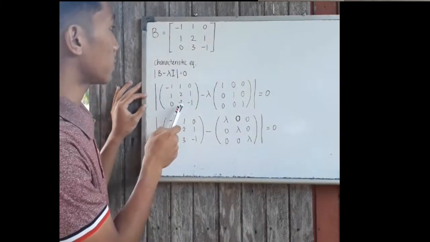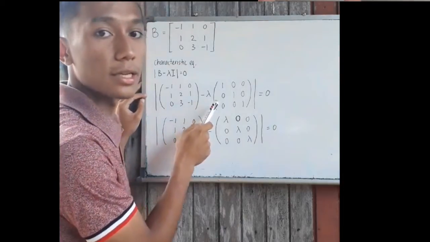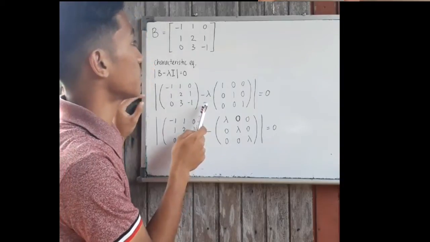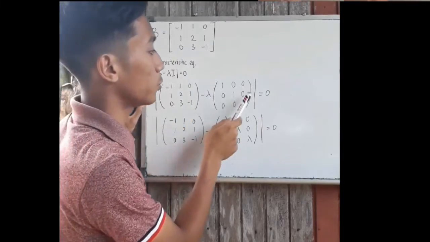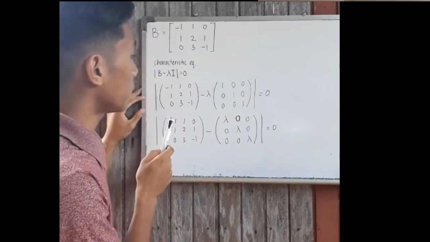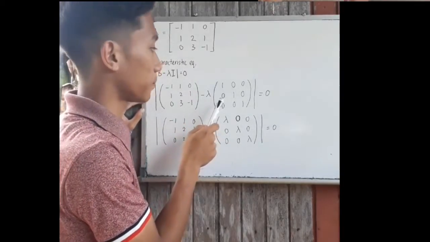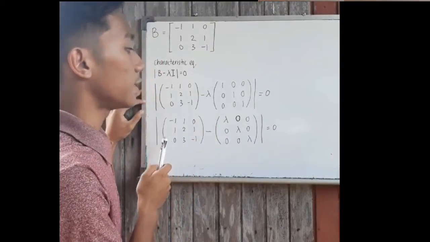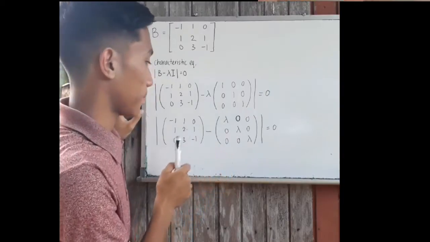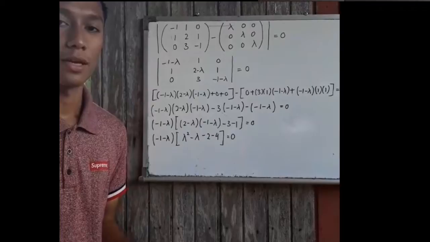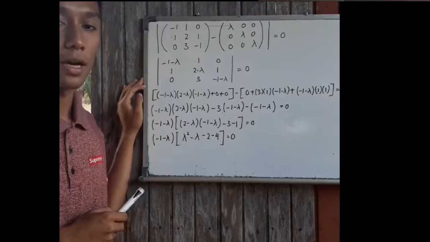Here we just write our matrix B minus lambda identity. The identity here refers to the size of our matrix, which is 3 by 3, and equals 0. Here we need to multiply lambda to the identity, and then we get this and equal to 0. Next, we use the formula of the determinant, since our matrix is 3 by 3,